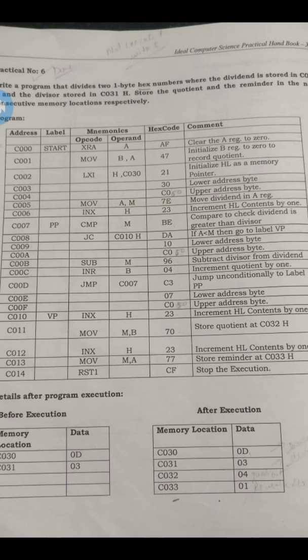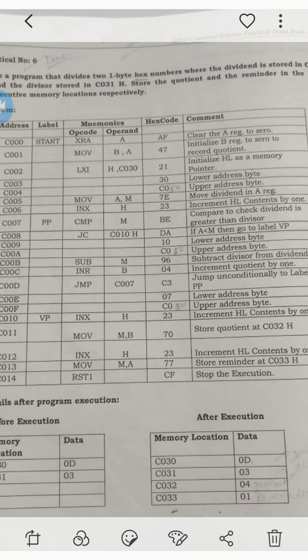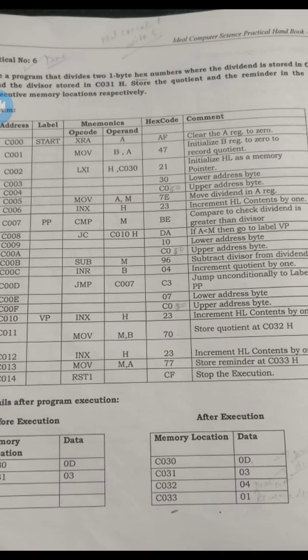Now next is the jump instruction. Jump means now we have to repeat the process. You know that when we divide numbers, we have to repeat the process till we get a number smaller than the dividend. So jump to 6007 location. Jump 6007. You can see the label PP. PP means it will jump to the 6007 location, because the address of PP is 6007. It will jump to that memory location and again repeat the process, that is, division of two numbers. Okay, so this is how we have to divide the number.